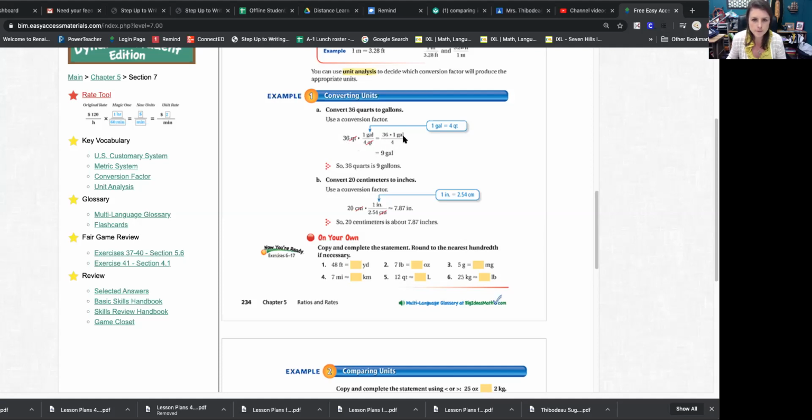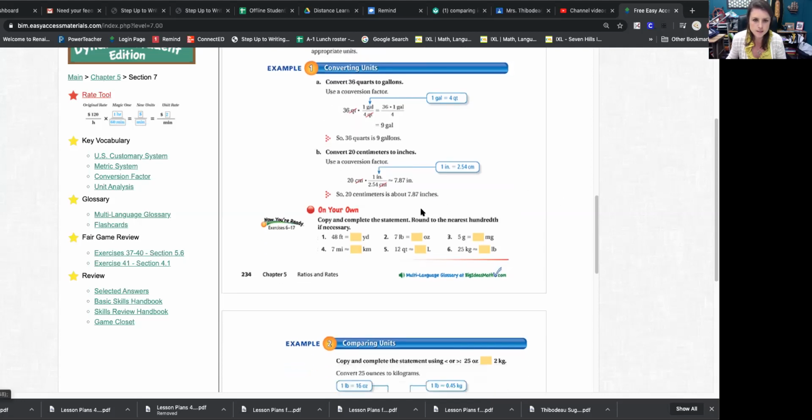Remember that line, that fraction line, is the same thing as division. It means division. So 36 divided by 4 is 9. And remember, you need to write gallons so that we know what unit we have. So 9 gallons. So 36 quarts is the same as 9 gallons. So now if we look at the next example,